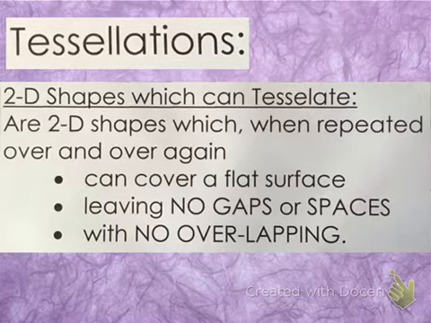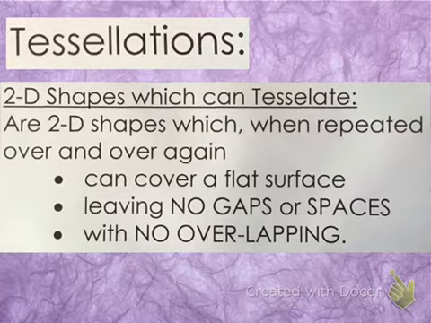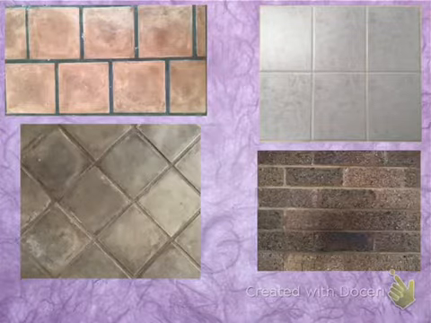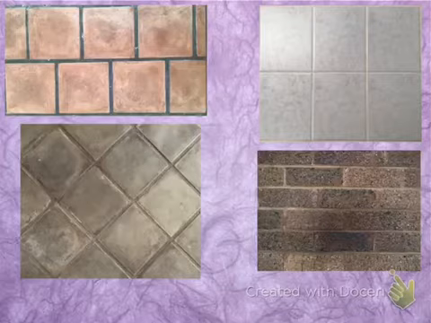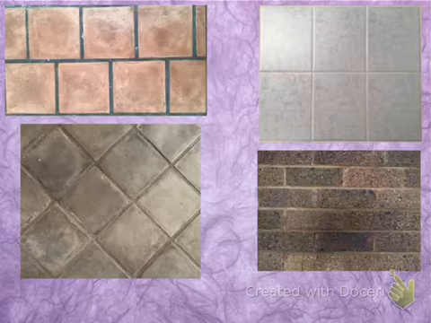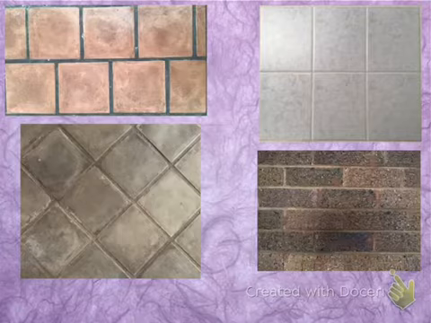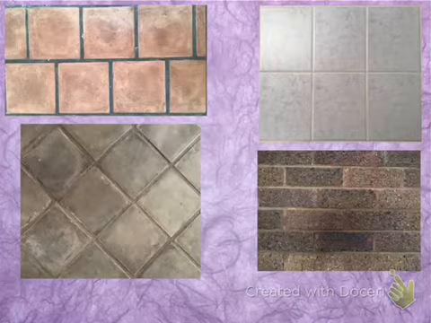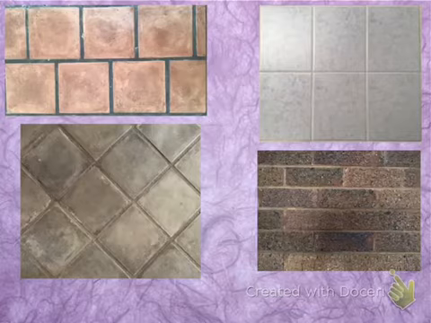All right, now I'm going to show you some examples on the next slide or two. Please look out for the shapes that have been repeated over and over again and try to identify what they are. Have a look. The first one on the top left, can you see? That is a floor, and can you see that there are tiles that have been used on this floor? Another way of saying tessellations or tessellating is when people say to tile. And when we put tiles on, we know that they repeat the same shapes over and over, and they also